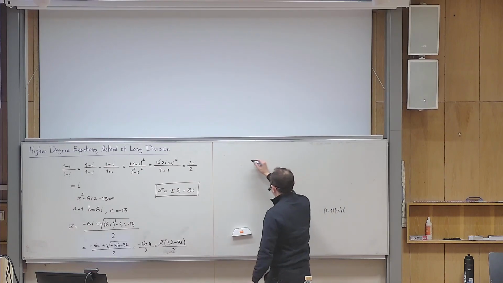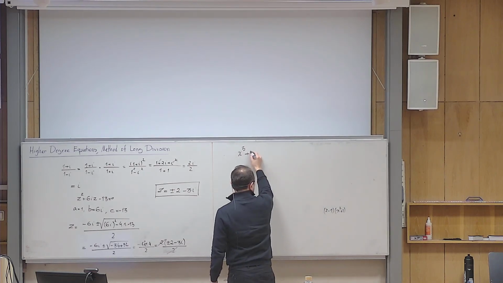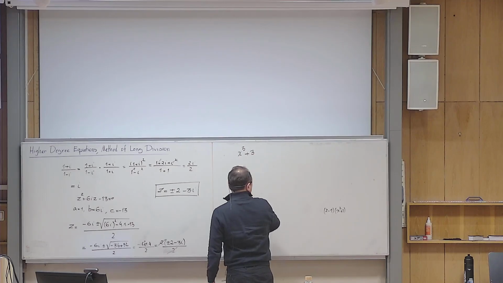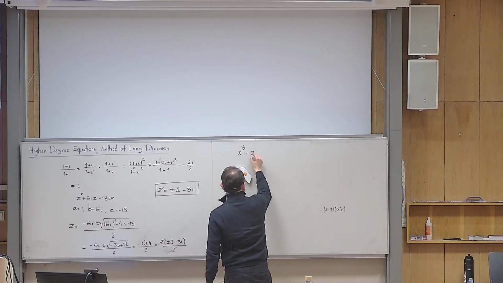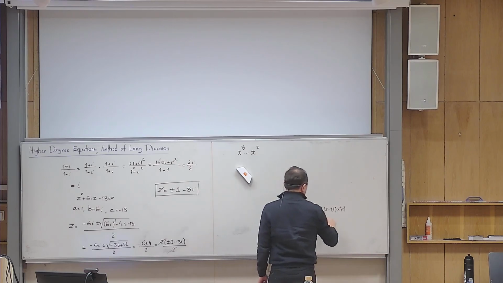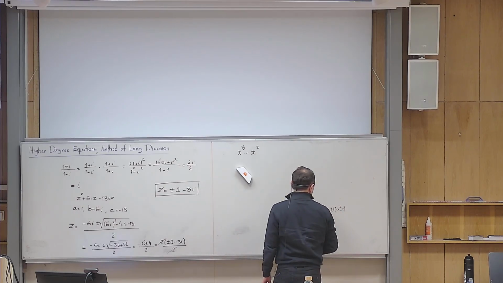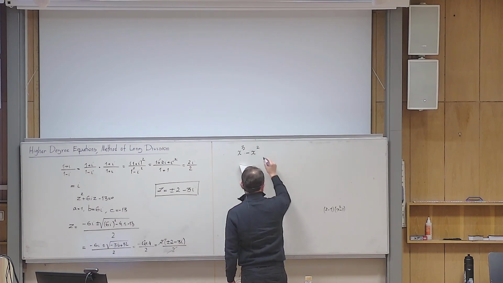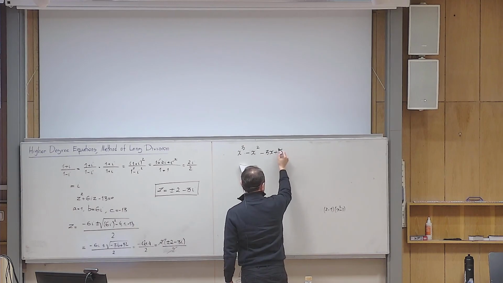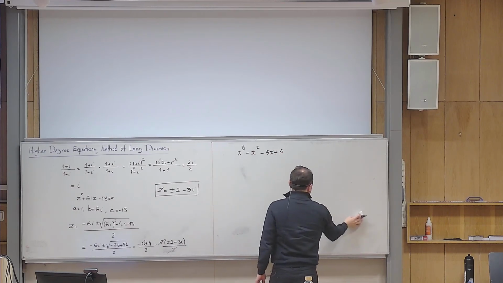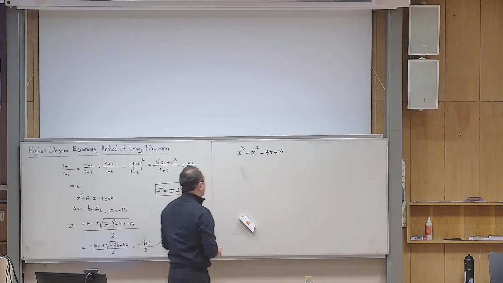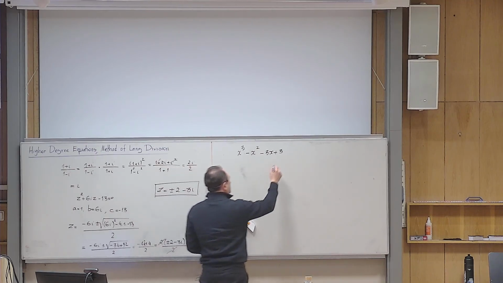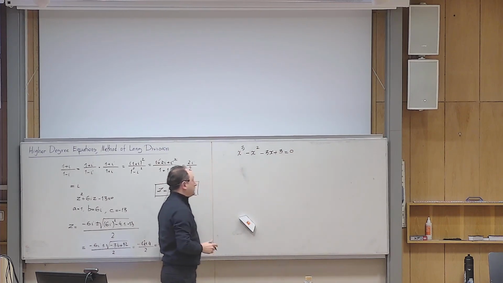So for example, if I give you x to the power of 3 minus x squared. Okay, so let me make it minus 3 so that it works. So it is x cubed minus x squared, that's correct, minus 3x plus 3. Okay, something like this. If I ask you to solve that one,